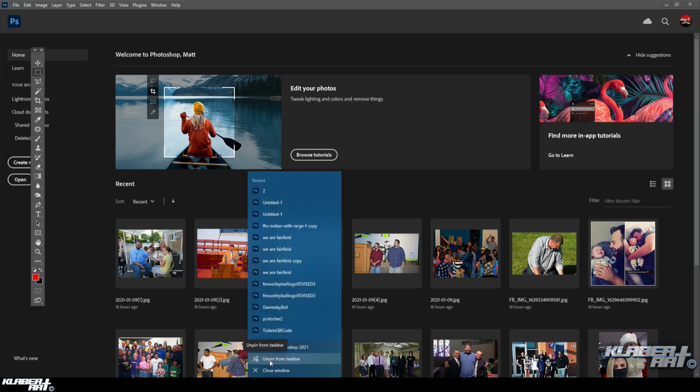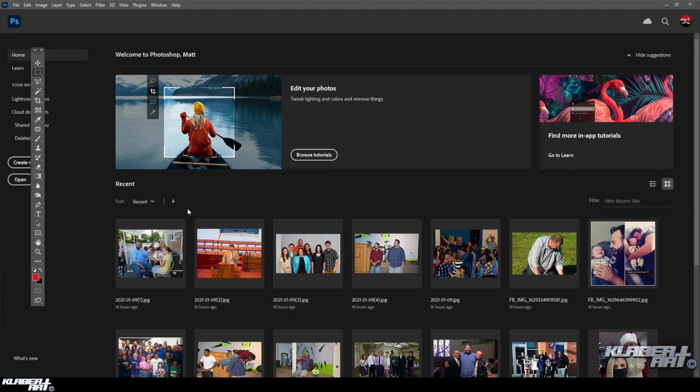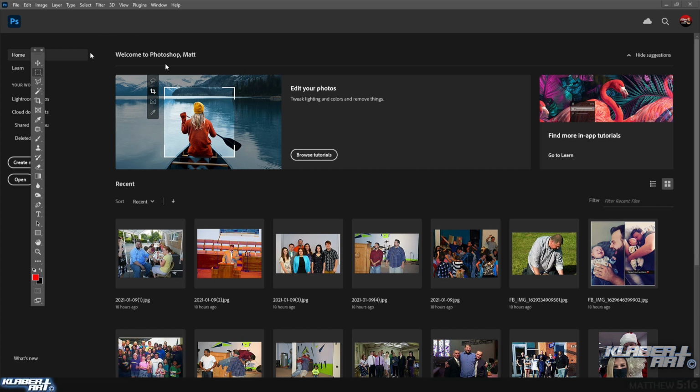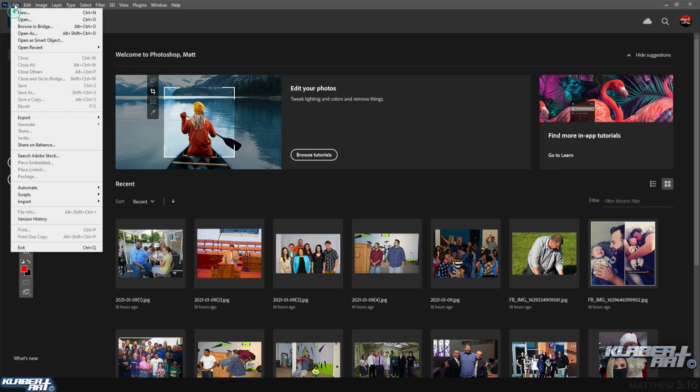I know mine says unpin because I pinned it. I want you to pin it to the taskbar. That way when you start it up next time, you just hit that and it opens it up. Alright, so the first thing you're going to do is go to File,